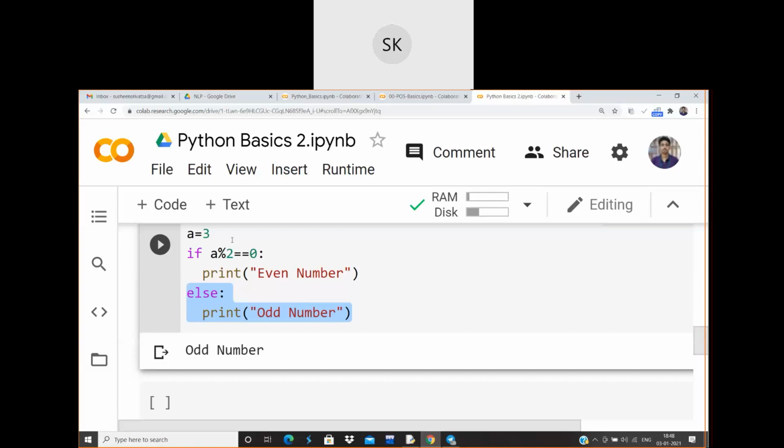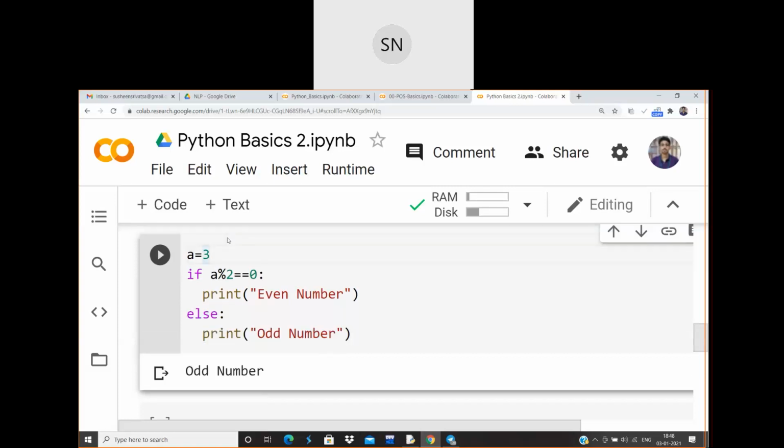So whether the number is 2 or 3, we can differentiate that one. What if the number is actually 0? So I want to increase one more statement over here. So how do I do that? I want to write the statement by using else if statements. So let me write else if a is equal to 0, then print 0.